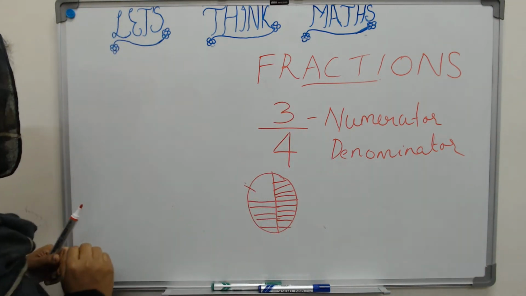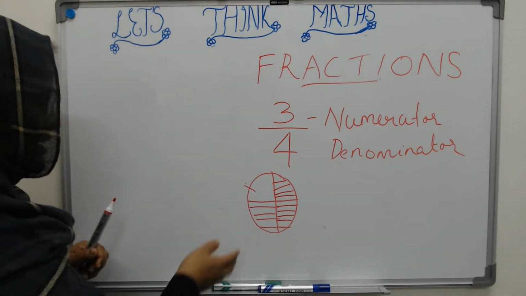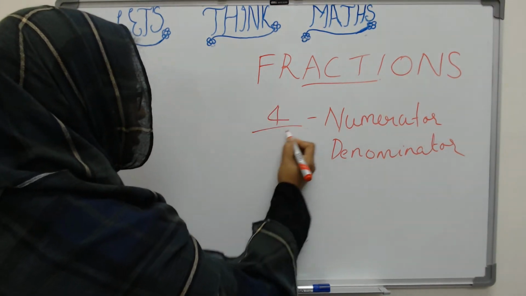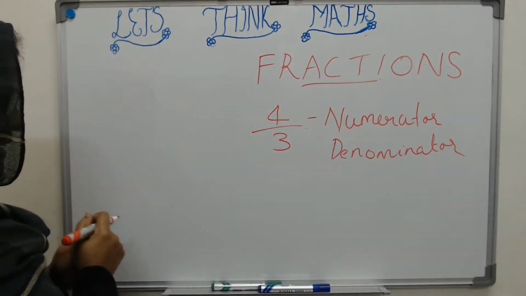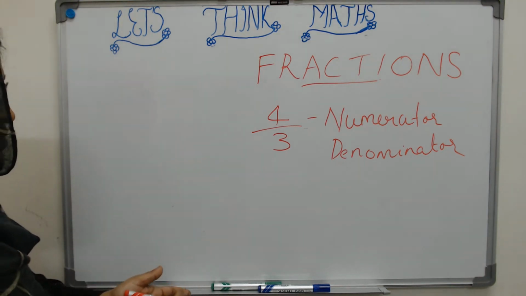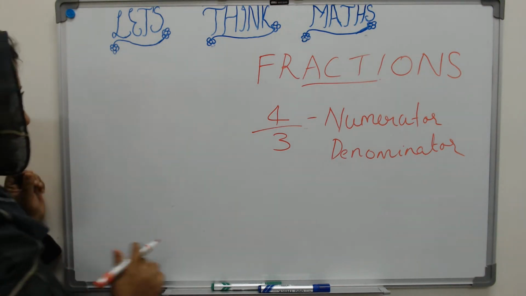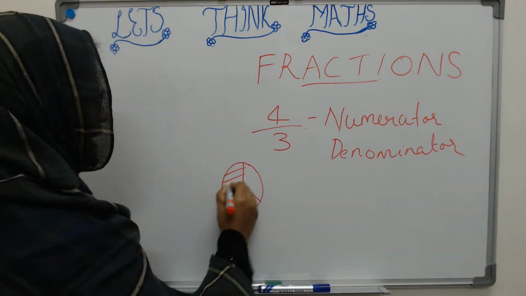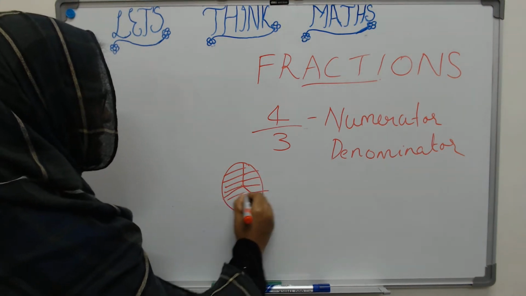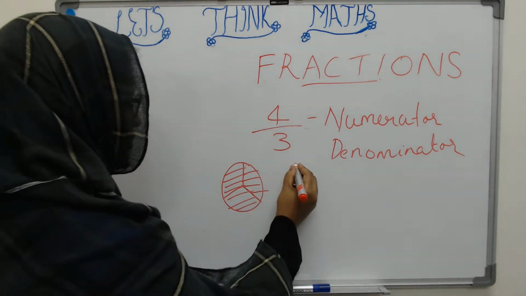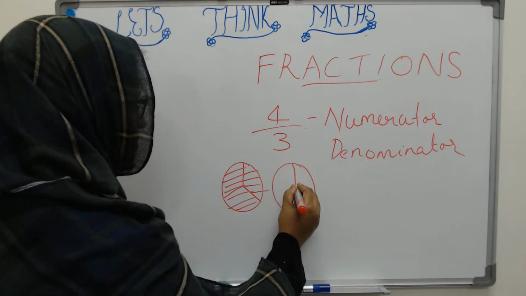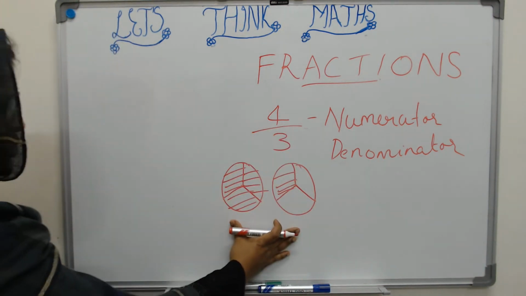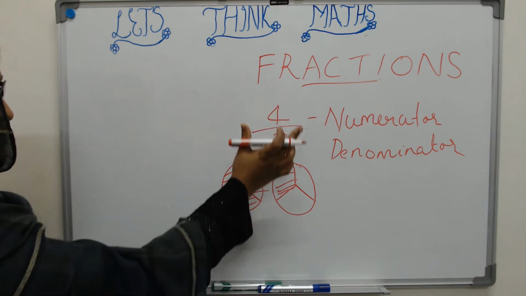If 3 by 4 looks like this, how will 4 by 3 look like? Let us see that. Now 4 by 3. This does not make any sense, right? How can I take a cake, make 3 divisions and give it to 4 people? Let us see how that works. Take a cake, make 3 equal divisions, 1 by 3, 2 by 3, 3 by 3. But then we need one more, right? So take again one more cake, make 3 divisions and a 4 by 3. So these two together is how we pictorially depict 4 by 3.